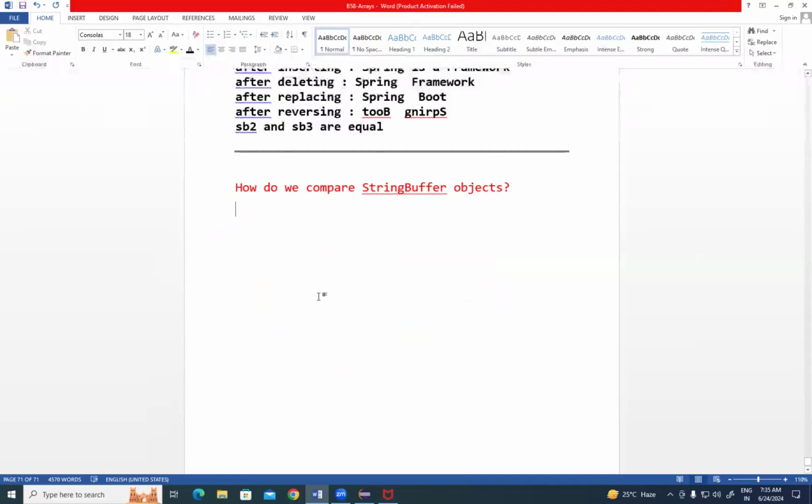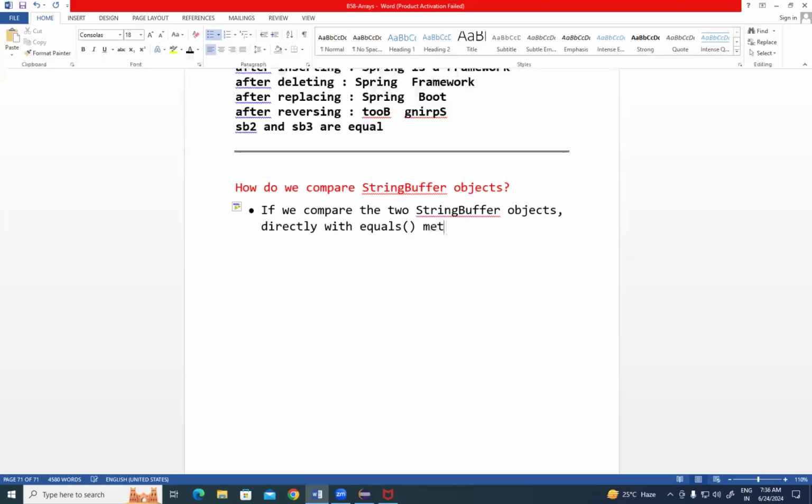So I will write a statement here. What's the statement I'm writing? How do we compare the two StringBuffer objects? Observe here, guys, I'm just writing the point. If you compare the two StringBuffer objects directly with the equals method, then